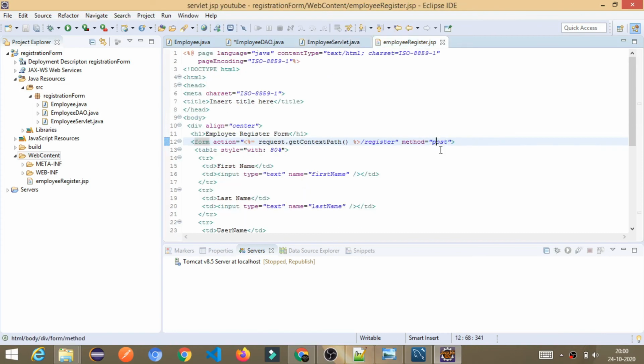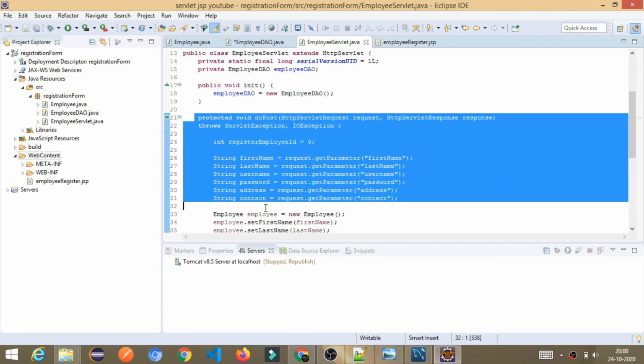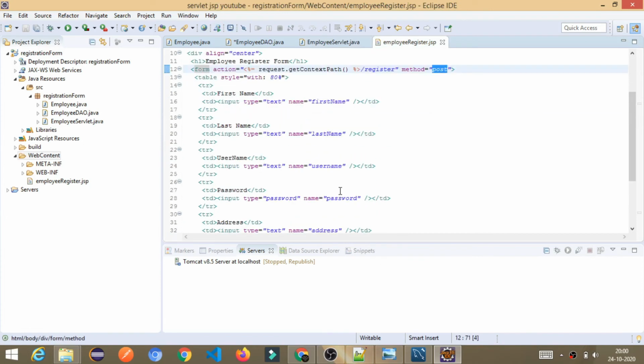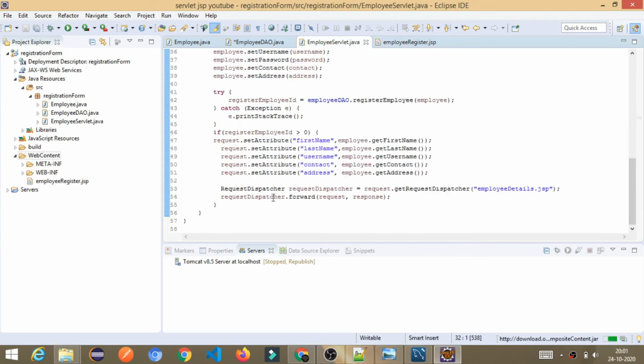If you try to send a get request, it will not process here, because it only accepts the HTTP post request. Once everything is done and all the data is stored, finally it will forward this to the employee details.jsp. That page we are also going to create in the next step.